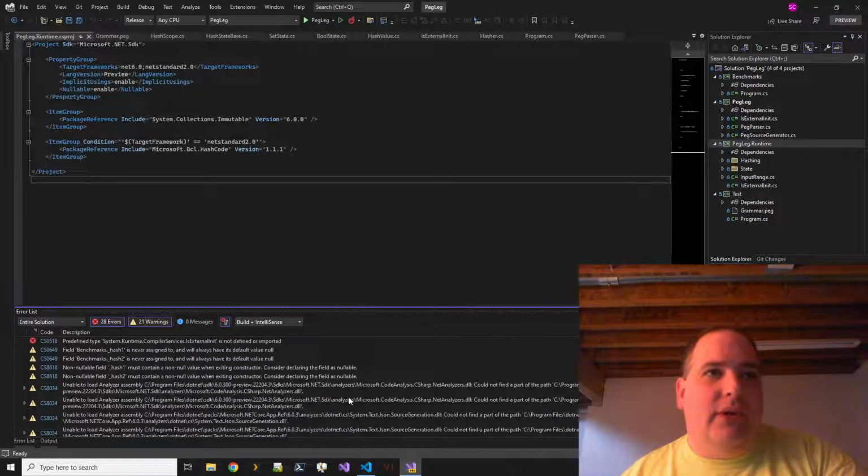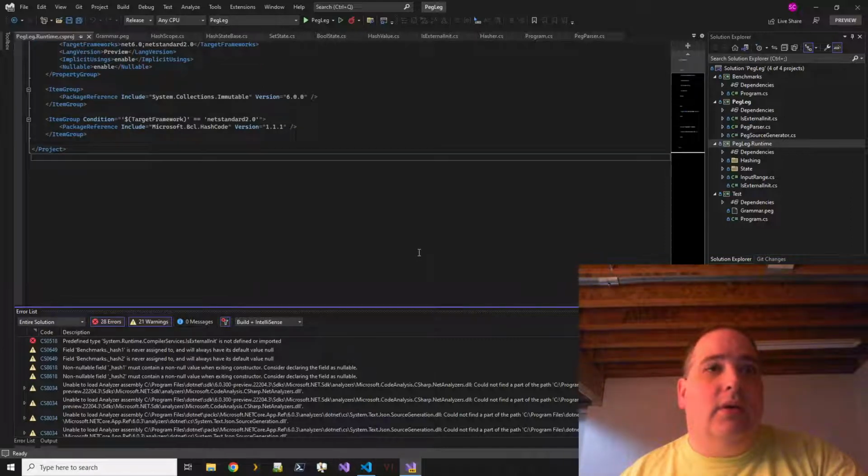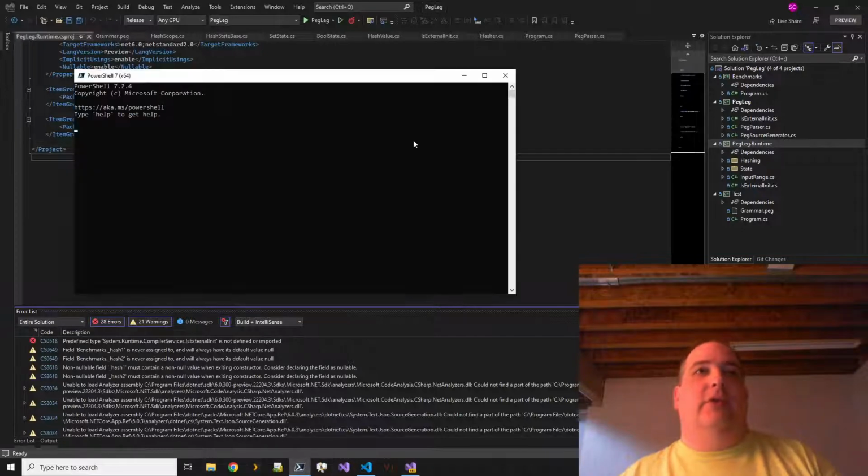I am on a preview version now. Sometimes things break, but usually not like this. I wonder if I have to have that language version of preview in there for the .NET Standard, I think. Yeah, okay. Well, let's figure this out here.